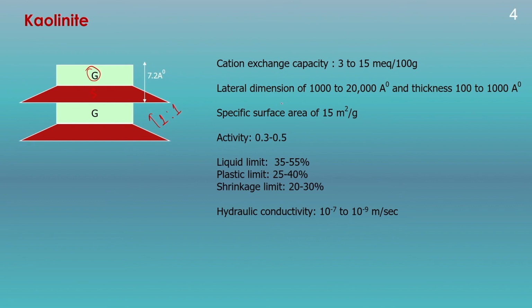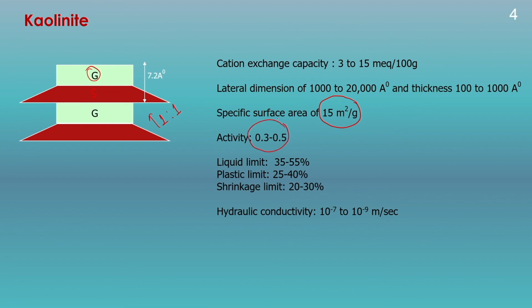The different properties of kaolinite are: the cation exchange capacity is very less, in the range of 3 to 15 milliequivalent per 100 gram. The lateral dimension is 1000 to 20,000 angstrom, and the thickness is 100 to 1000 angstrom. Because of its large size, the specific surface area is very less in comparison to montmorillonite and illite, around 15 meter square per gram. Generally, the activity of kaolinite is very less, in the range of